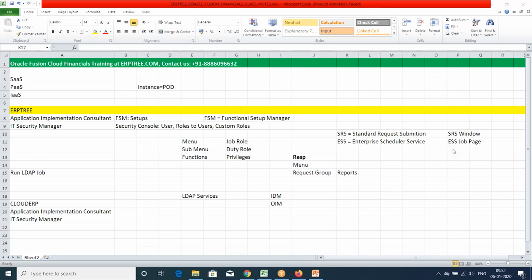Any other questions? One more question. So if most of the customers are going to SaaS, if you don't mind, can you be a bit louder? I'm not sure why it is coming low. I think I set it. Is it better now? Yeah, please go ahead. My question is, if the trend in the industry is for more customers to take a serious look at the SaaS subscription, what does tomorrow look like for a technical consultant, so to speak?